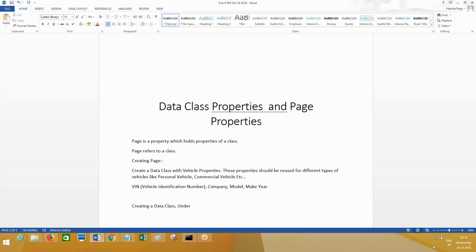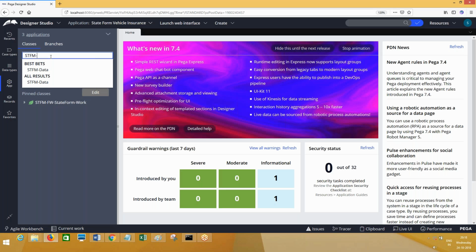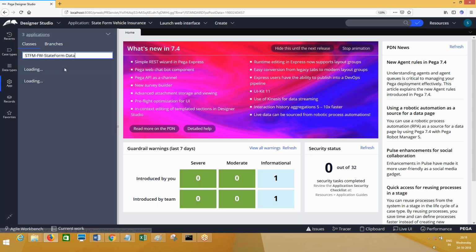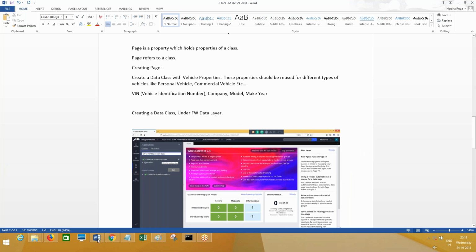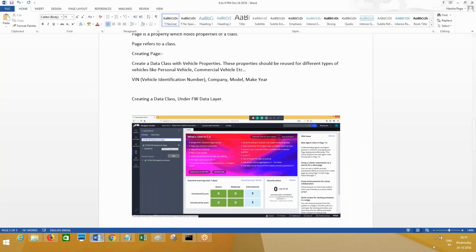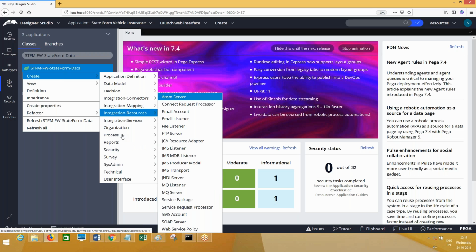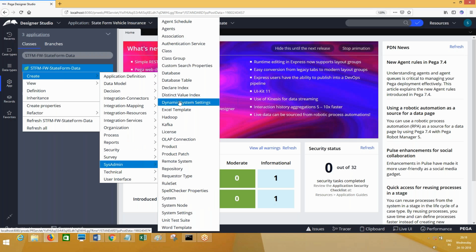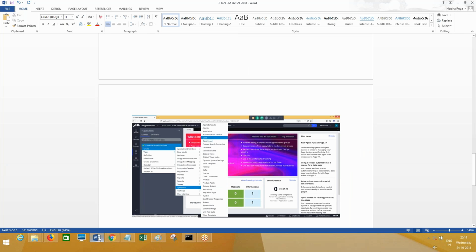Let's create it in framework under the FW data layer. That is clear, everyone? FW data layer. So what is FW data layer? Not this one. FW Data. This one, right? So you know how to access these classes, right? Yeah. So now this is the navigation to create a class. You will right click on the class, create, SysAdmin category, SysAdmin class. And a few other points I have to write. I will write them down later whenever we work on tables.